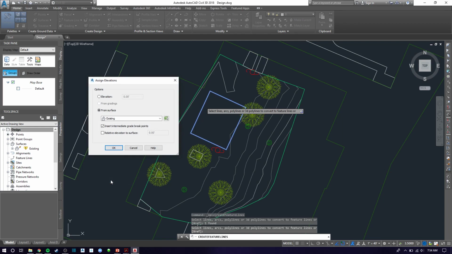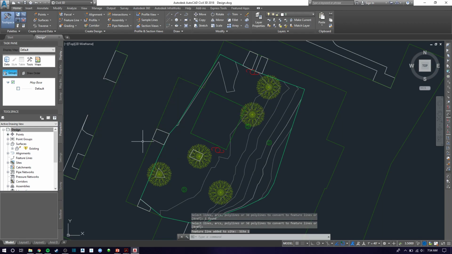So I'm going to hit OK. And then you get this pop-up, assign elevations. We're going to assign elevations from a surface, and the only surface we have is our existing surface. I called it existing, maybe you called it the ground surface. That is totally fine. You can do that however you want. So then there's also insert intermediate grade breakpoints. We'll leave that checked for now. So I'm going to hit OK, and as you can see,